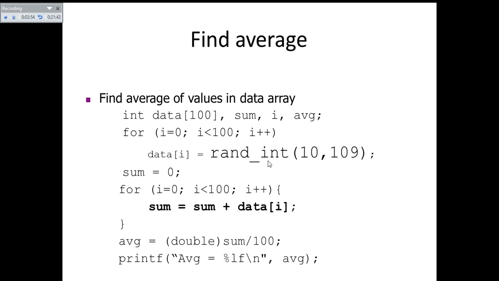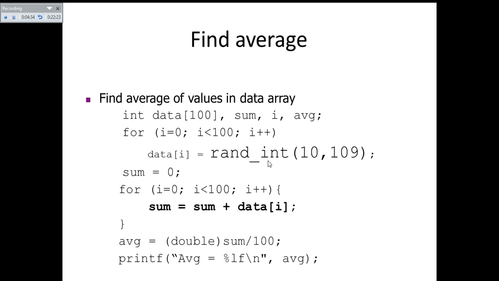Then your i value will be incremented, then i will become 2. So 2 is less than 100, again the condition is true. Then sum will be sum plus data of 2, where sum previously was data of 0 plus data of 1. So in place of sum you will have data of 0, data of 1, data of 2. All three values were added and stored back in sum. Like this you have to iterate till the 99th index of your data. So by this repetition of the for loop you will have all the 100 values added up in your sum variable, and the result is now in sum.